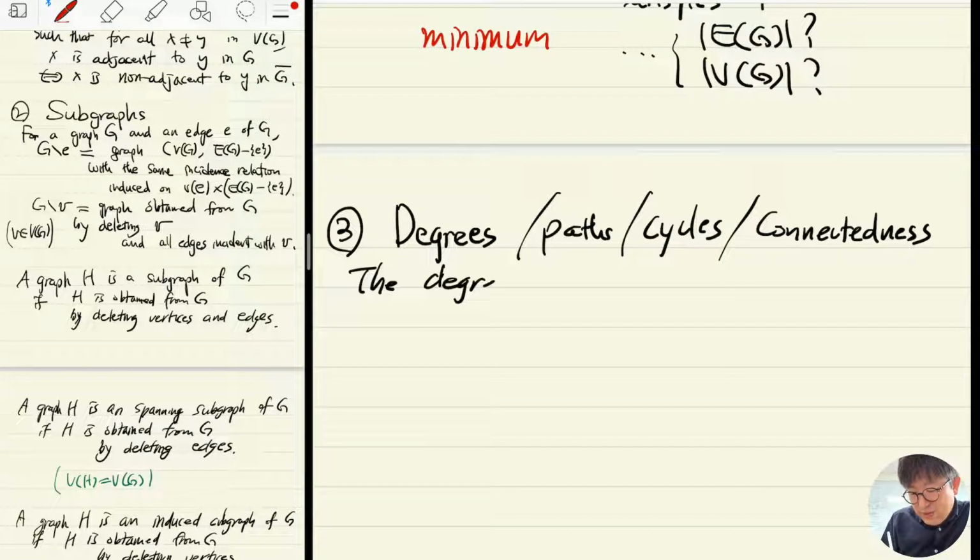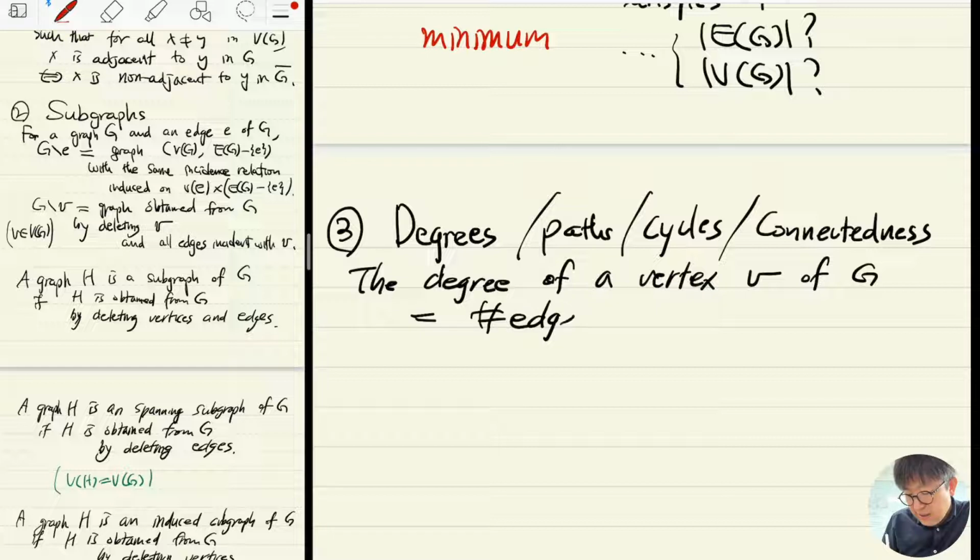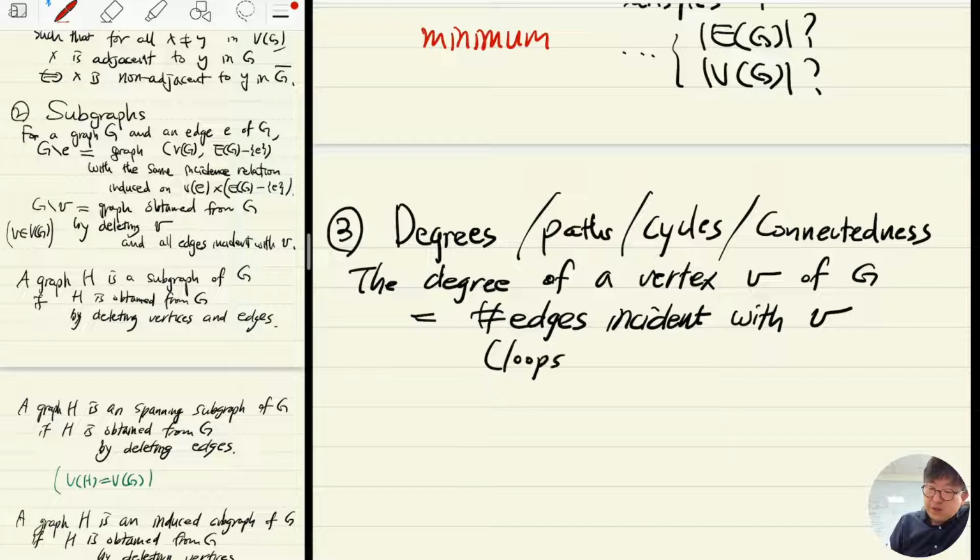The degree of a vertex V of G is the number of edges incident with V. But there's one restriction: that loops are counted twice. So what does that mean? That means if I have a vertex like